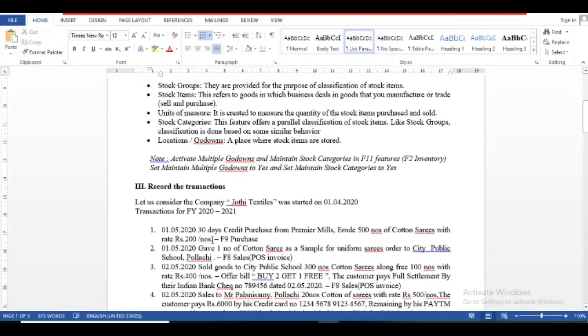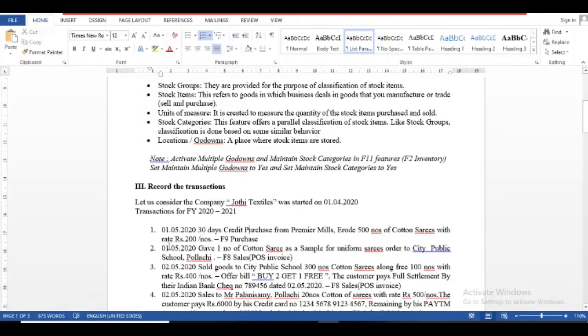You know this transaction appears in Tally as an F9 purchase voucher. We purchase from Premier Mills Erode. The item is cotton sarees, the quantity is 500 numbers, and the rate per cotton saree is rupees 200. The credit period is also 30 days.